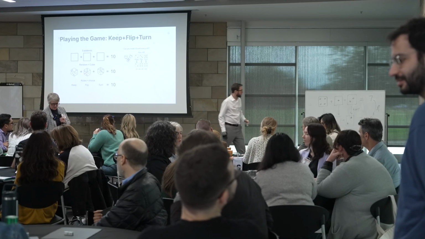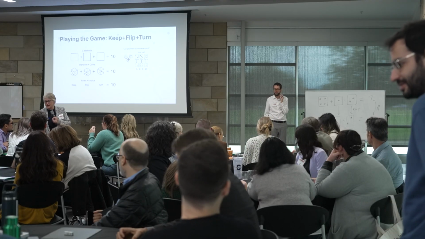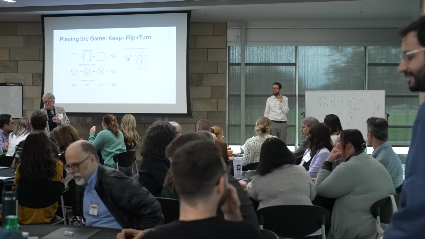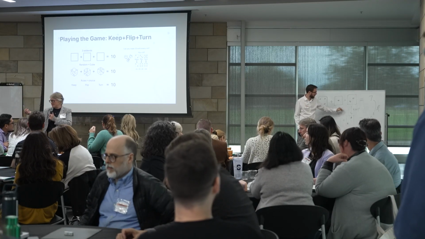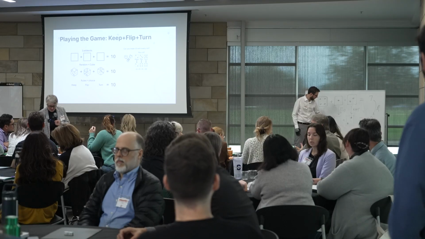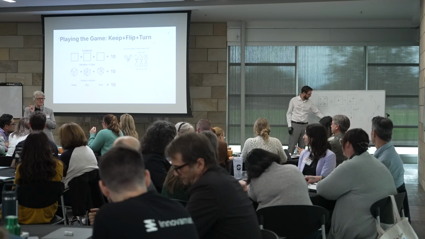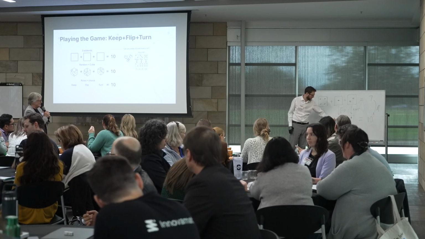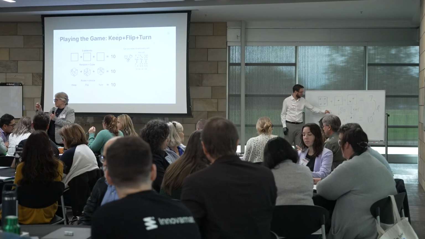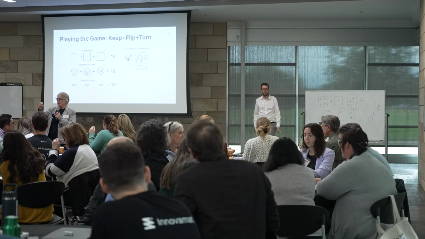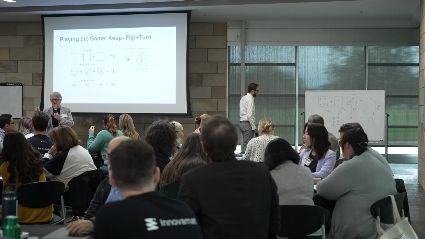So we kept a 2. I love your gesturing. Which one do you want to flip? We kept a 2. Flip the 1. Okay, we're flipping the 1. So when we flip it, what do we get? 6, rule of 7. Now we get to turn. So turn takes out the top and the bottom. You have 4 choices. Can we get to 10? What would I have to turn it to get to 10? The top and the bottom are off limits. You get to do a 2, and we made a 10.